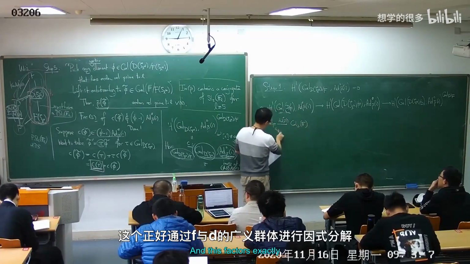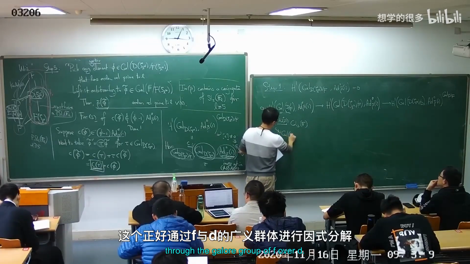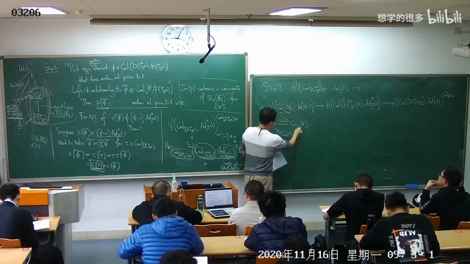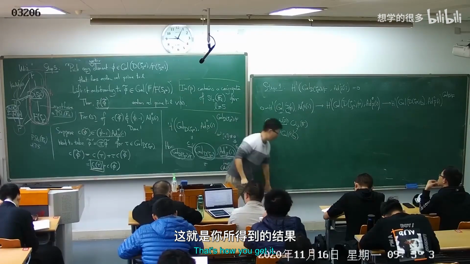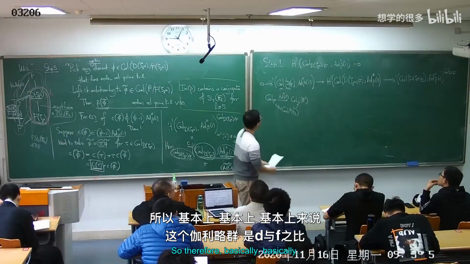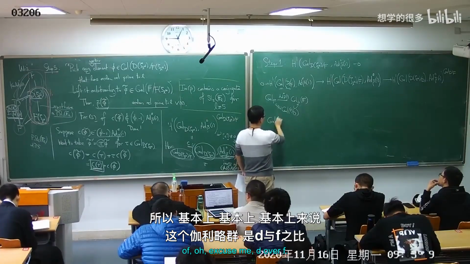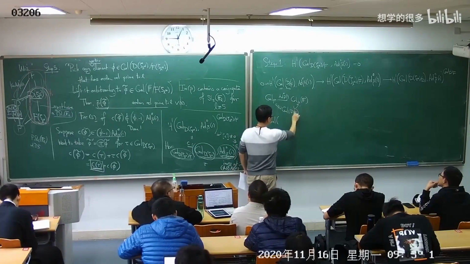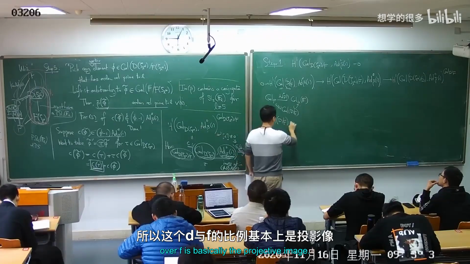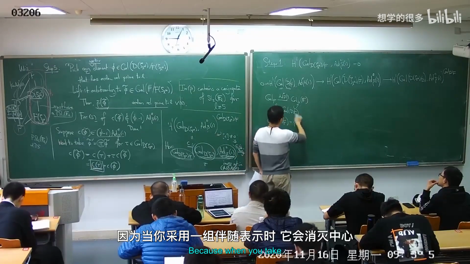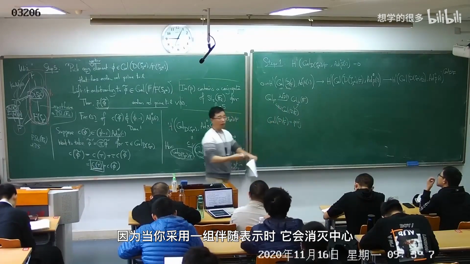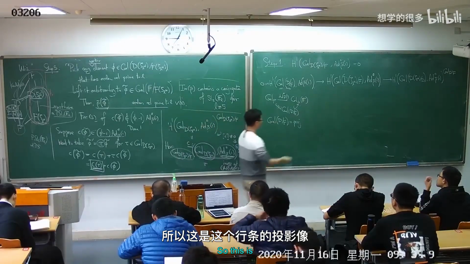And this factors exactly through the Galois group of D over F. That's how I get it. So therefore, basically speaking, this D over F is basically the projective image, because when you take the adjoint representation, it kills the center. So this is a projective image